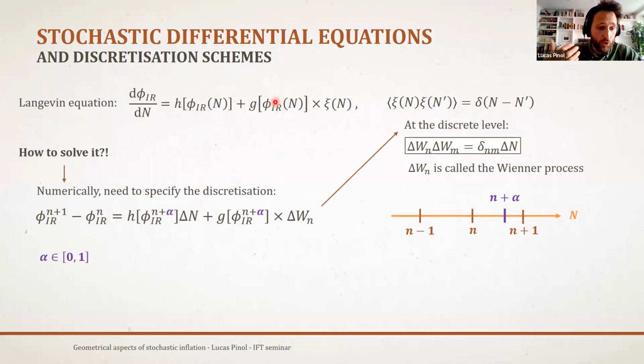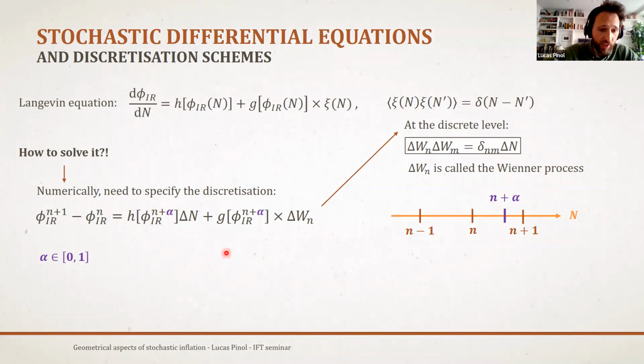Well, you can try to solve it numerically, for example. And if you do this, what you will have to do is define a grid of time, right? And you will need to discretize your differential equation in order to solve it step by step. So if you do that, you have the Δφ, which is just the difference of the two φ infrared. Then you have some drift, and then you have the noise. But actually here you see the discretized version of the noise. It's this ΔW here. It's called the Wiener process. That's just for the culture.